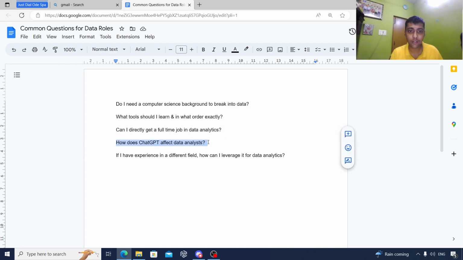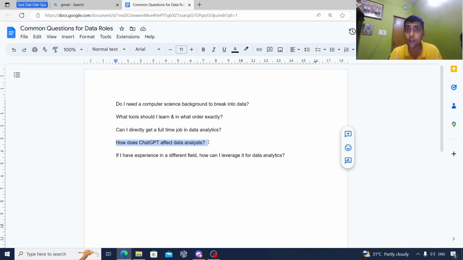Then another question everyone asks is, now with ChatGPT, will everything get automated? Will data analysts even have scope in the industry? My perspective is definitely data analysts will continue to have scope, because you need a human being at the end to verify data and do a lot of the final analysis. Maybe the number of data analyst jobs could reduce. This is there. More importantly, it will only make the data analyst job more effective and efficient, right? You can become more productive. If you're writing a complex use case query in SQL, you can take help of ChatGPT. It will do 60-70% of the job for you. From there, you can adapt your query. So it will only make your life easier, create more time to do more complex analysis and contribute to the business. So keep that in mind.